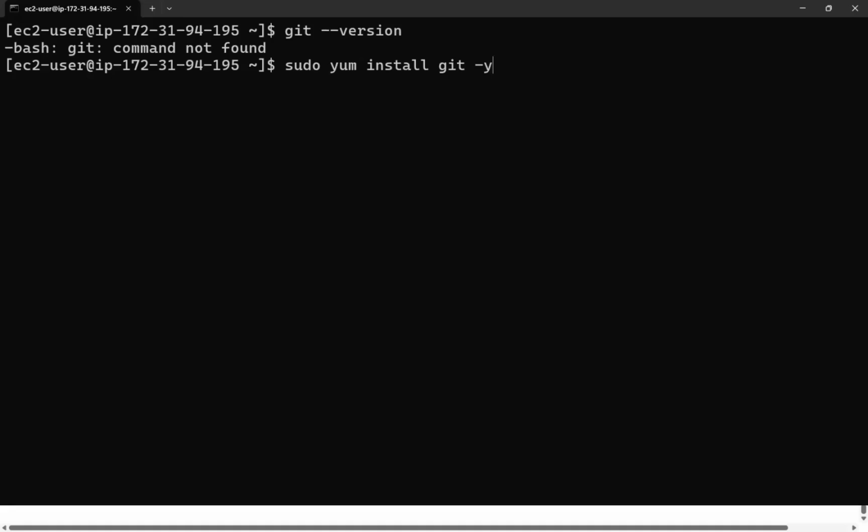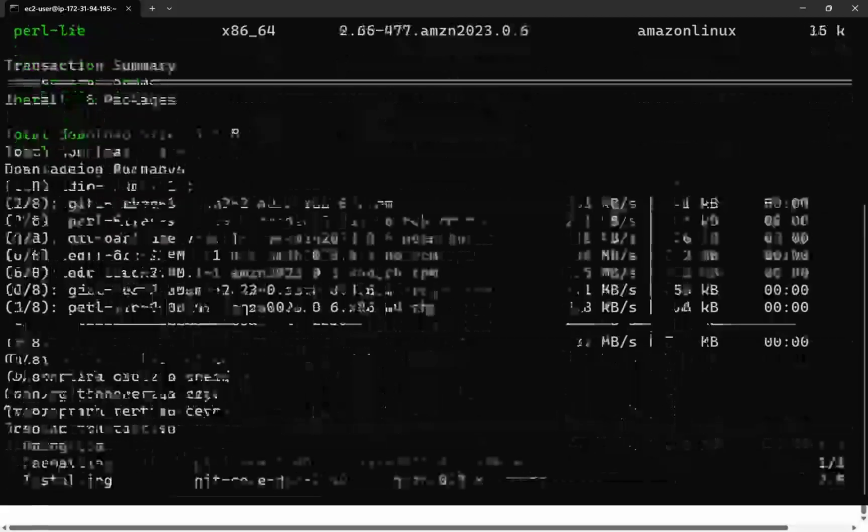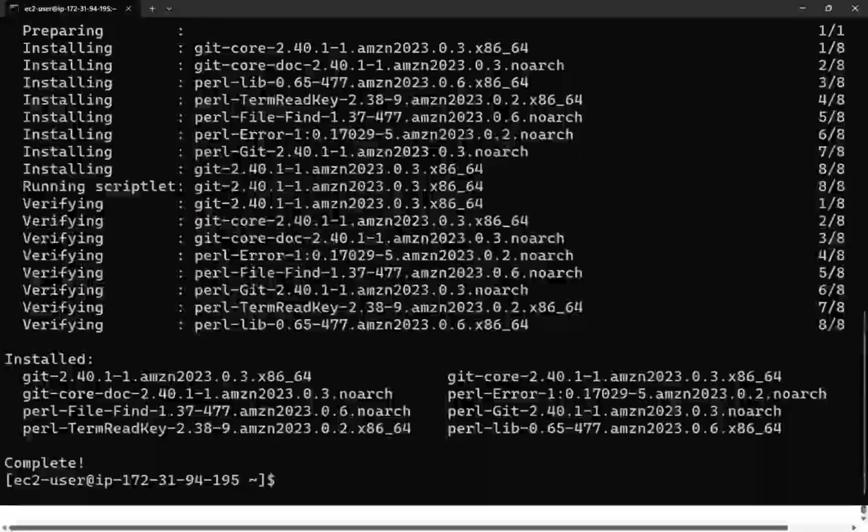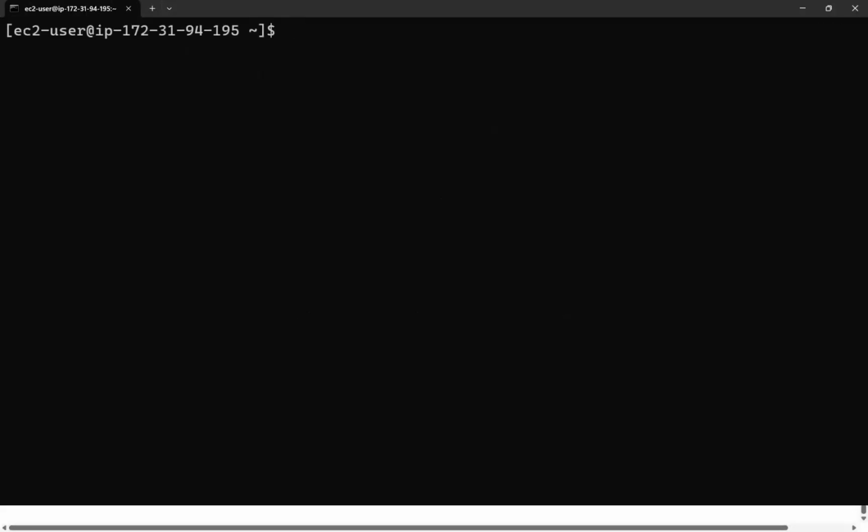Let's just go with it. Press enter, and you can see it's getting installed. The Git client is getting installed. Okay, so you see it has been installed successfully there. And now if I do a git version, it should be present there. And you can see Git has been installed successfully on the EC2 machine.